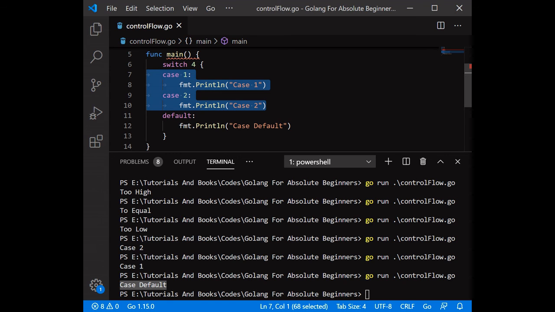I hope you learned something new in this tutorial. This was a very basic concept of any programming language. You can also apply it to any other programming language like JavaScript. After learning these concepts, you will be very confident in Go, or I think in any other programming language.